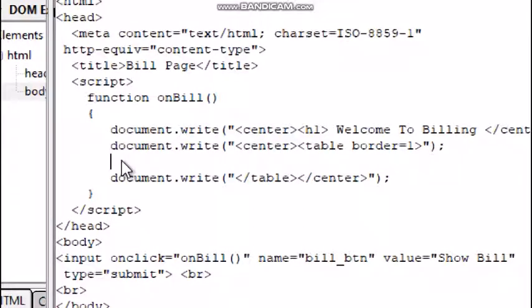So, document dot write, tr for giving table row, completion of tr tag, double quotation complete.